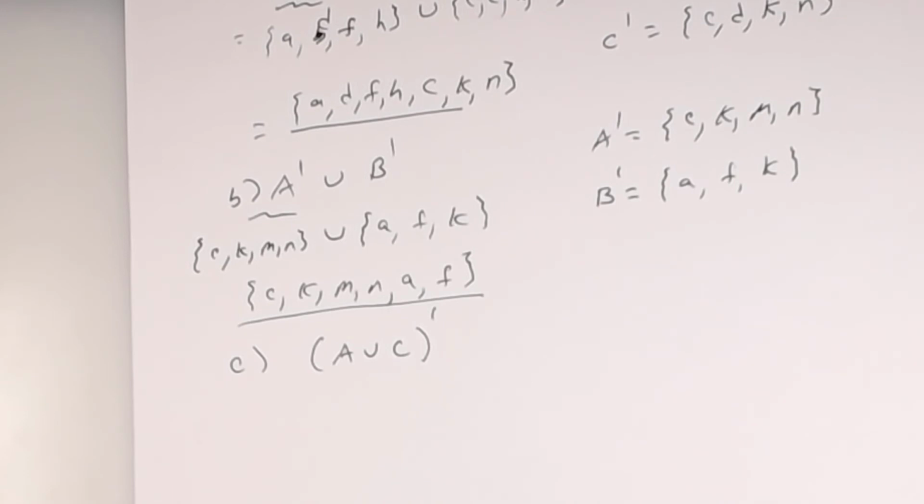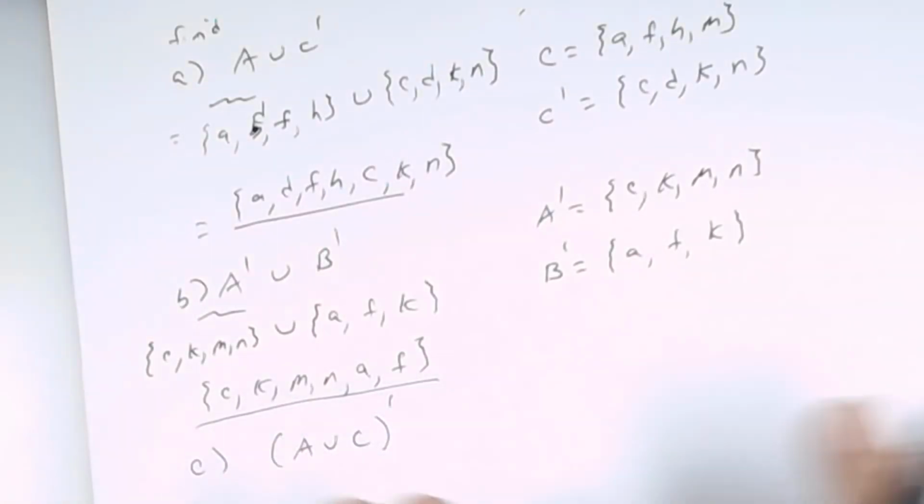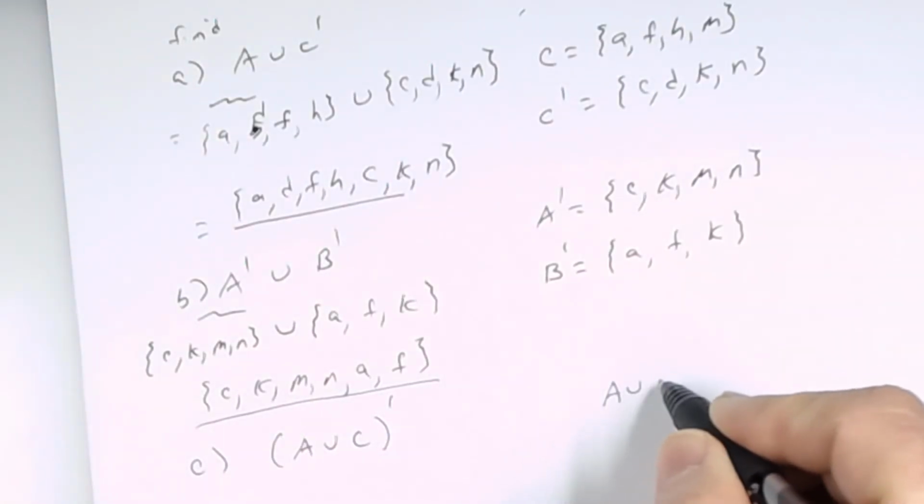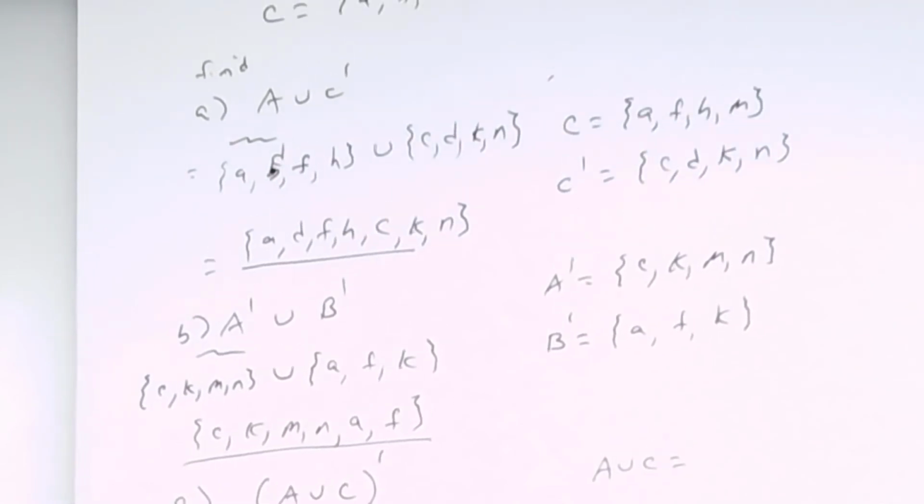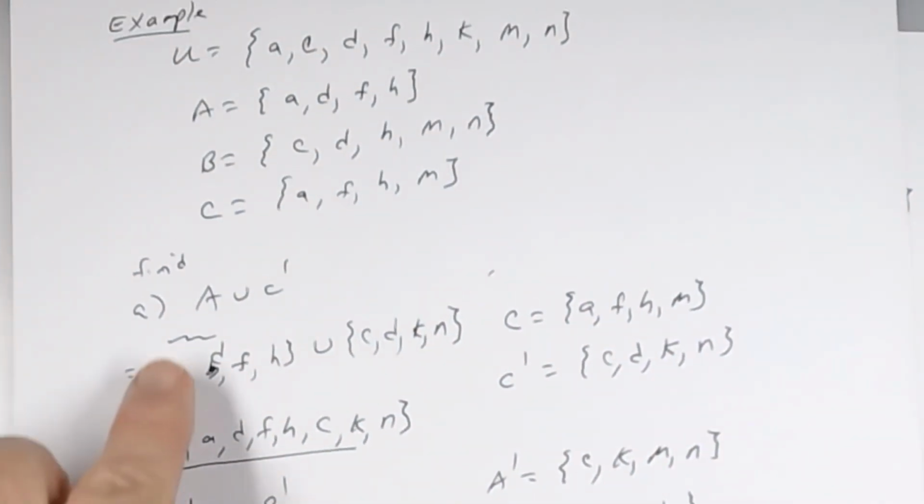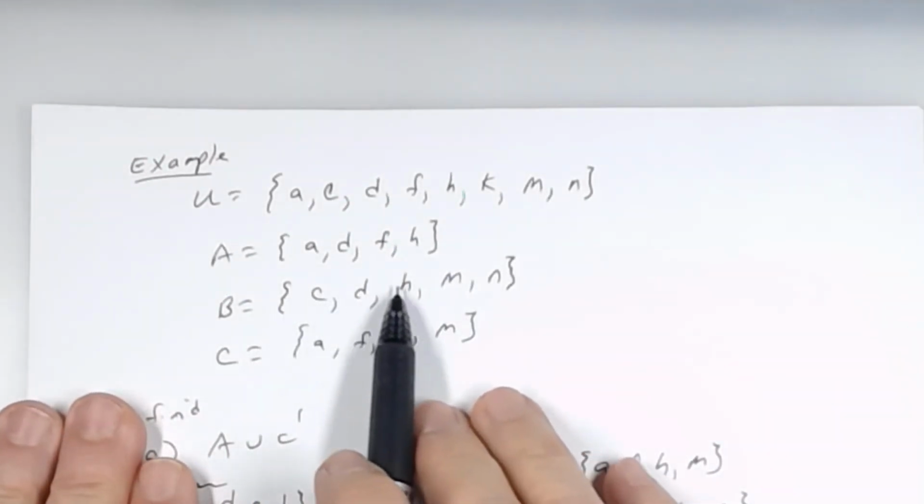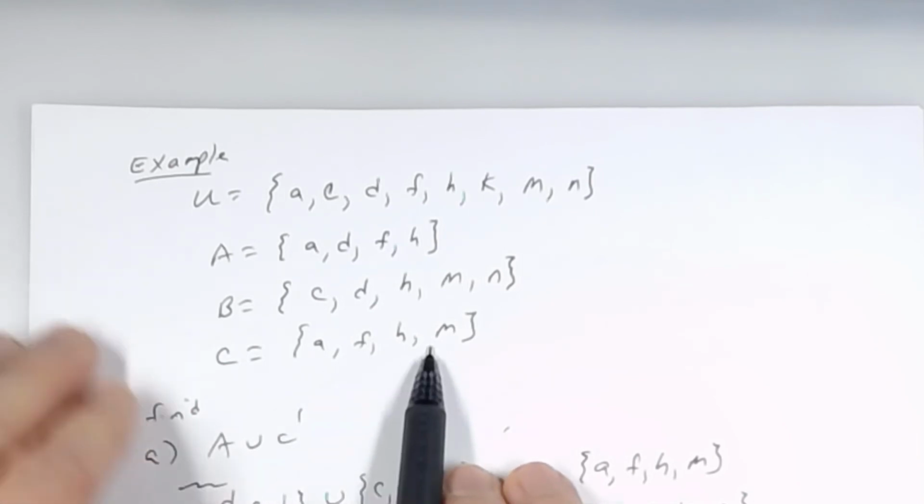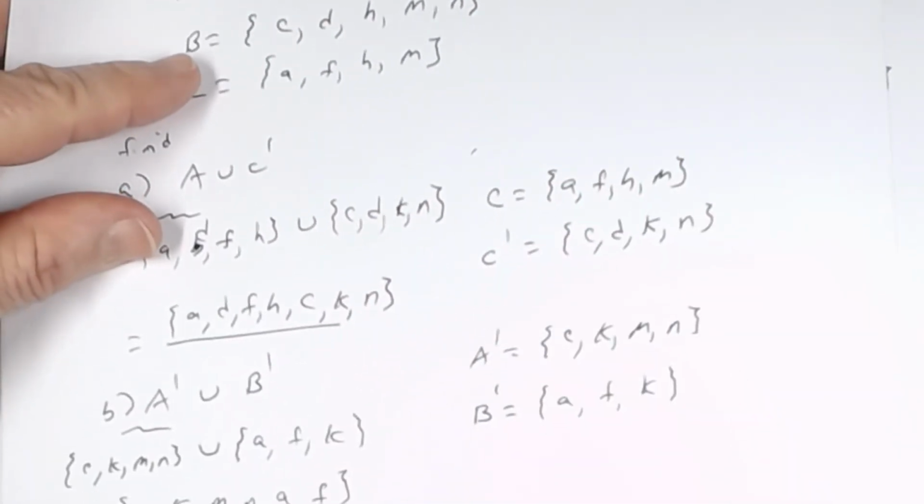A union C, right? Okay, so A union C. You've got to do what's inside the parentheses first. So what I would have done is go to the side and do something like this. A union C is everything in A and also everything in what? Oops, C, right? So A union C would be A,